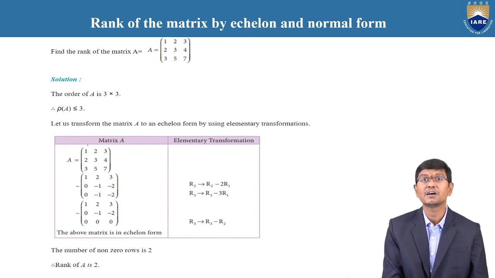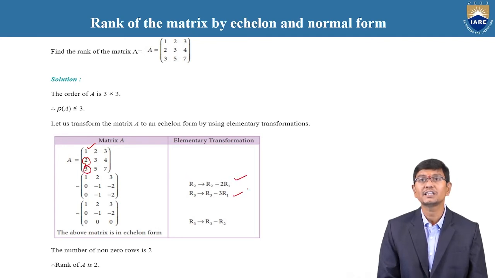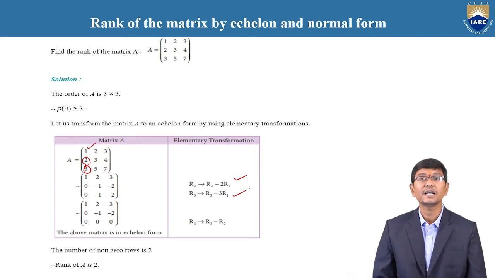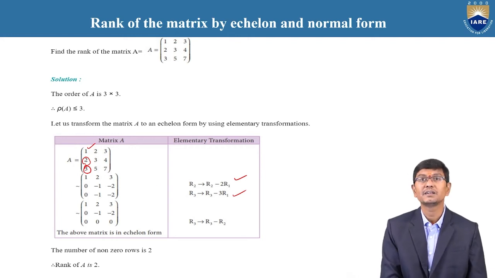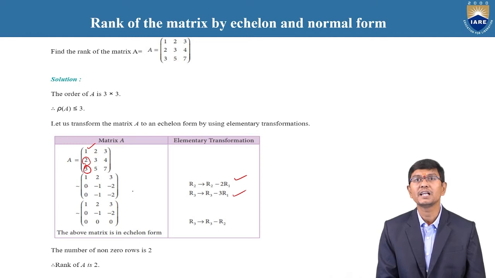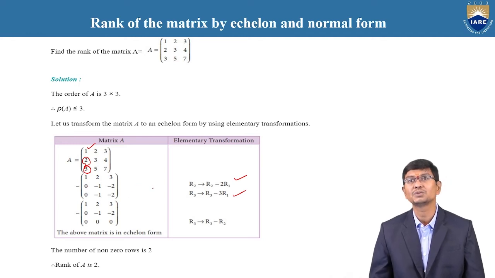First of all, we need to observe R2. Here the first element clearly satisfies the value 1. Therefore, we need to reduce the 2 to 0 and also the 3 to 0, by applying R2 minus 2R1 and R3 minus 3R1. Automatically the 2 value changes to 0 and the 3 value also changes to 0. After that modification, you obtain this matrix, with R2 minus 2R1 and R3 minus 3R1.